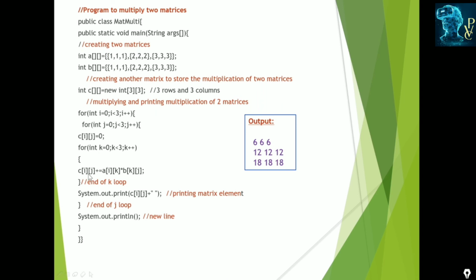We are multiplying like this, rows by columns. So here C of ij is equal to A of ik times B of kj, and these are calculated and stored into C of ij, and that can be printed with System.out.println of C of ij. Okay, this is the calculation of the matrix multiplication.